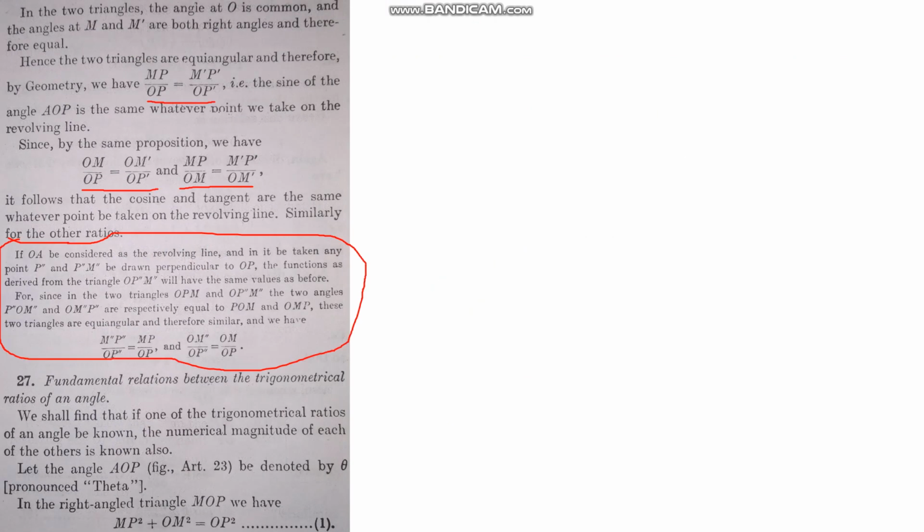Now there are some properties in trigonometry which we need to know, like sine square theta plus cos square theta is 1. These are the fundamental properties. There are proofs given in the theory part as in the pictures given. I am just writing the formula here. This is equal to 1.